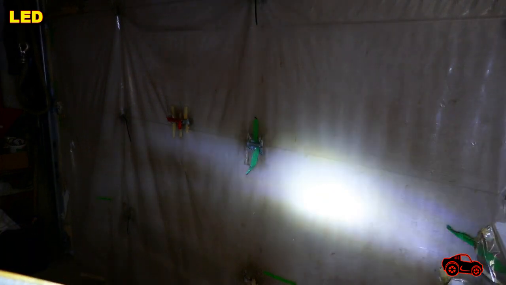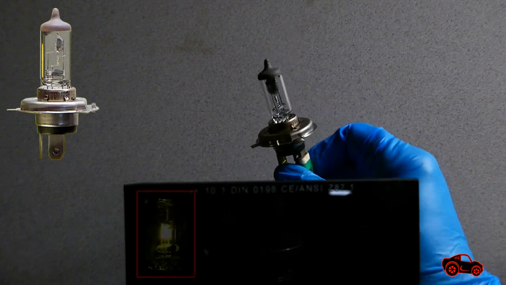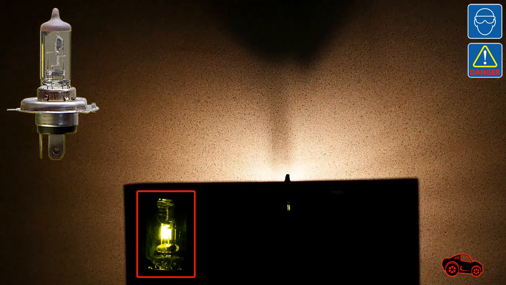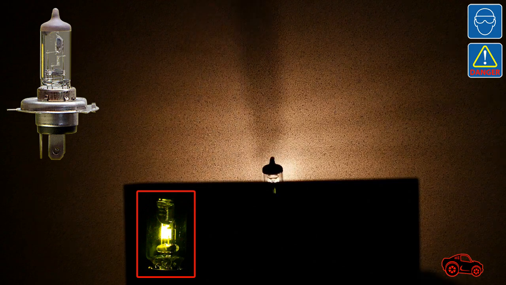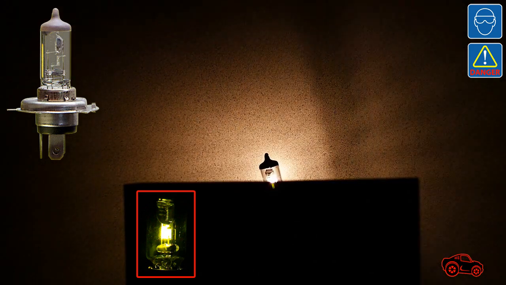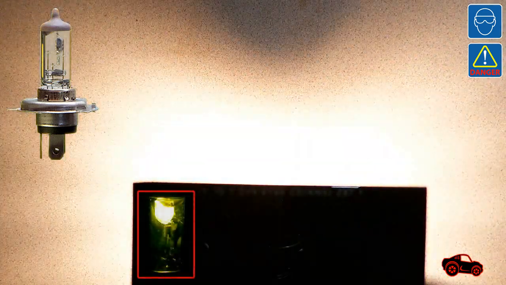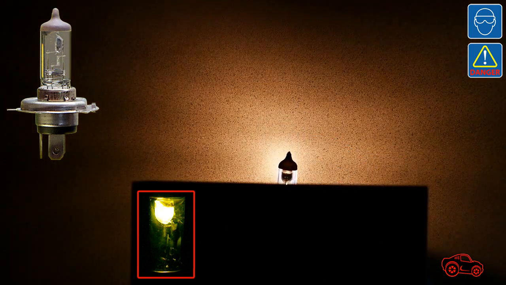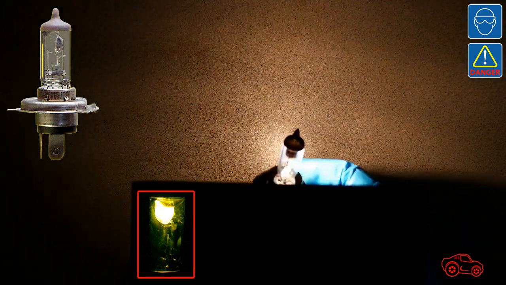I wanted to know more about the light distribution of some LED headlight bulbs, so I made my own tests. I began with a standard halogen headlight bulb. This is the kind of light that is projected on my test panel when the terminals are connected to energize the high beam filament. In this video clip, the terminals are connected to energize the low beam filament. Here, the filament shield is blocking the light going towards the lower side of the headlight assembly reflector.